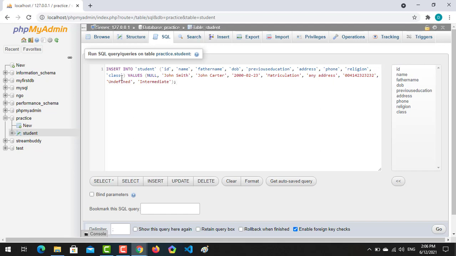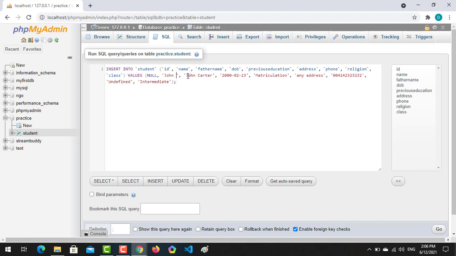After writing the column names and closing the parentheses, write values, and then the data for each field. ID should be null, because ID is auto incremented, so you have to write it as null. And after that, the data that needs to be inserted.